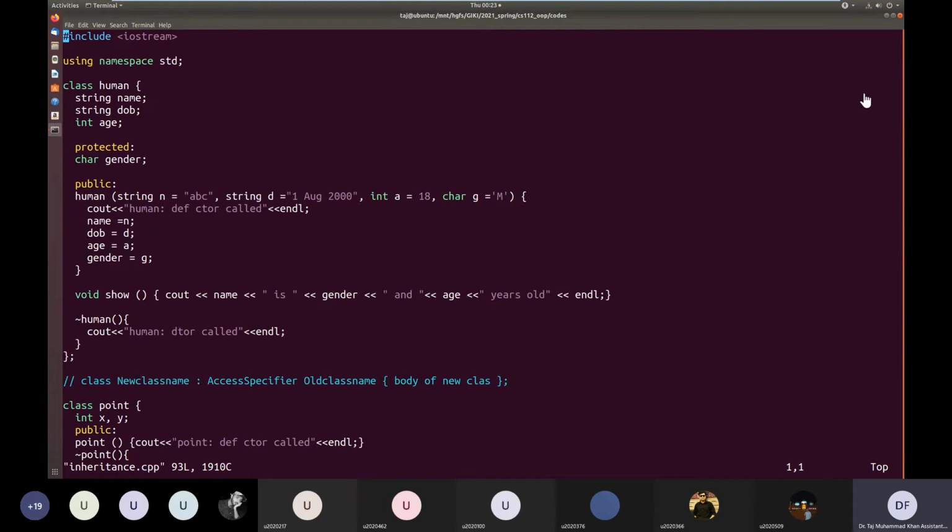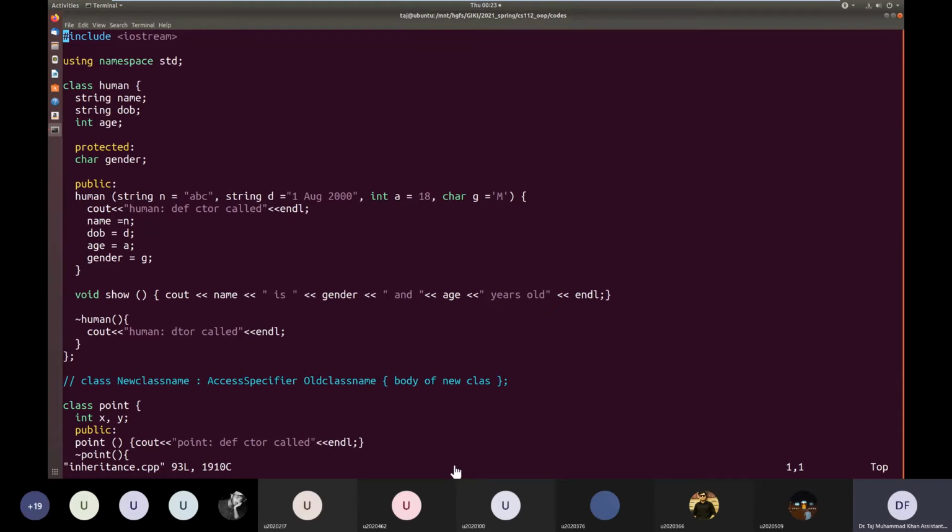No? Okay. So I think last time we discussed that private member variables of the base class are not directly accessible inside the derived class. Public member variables and protected member variables of the base class are accessible directly inside the derived class.